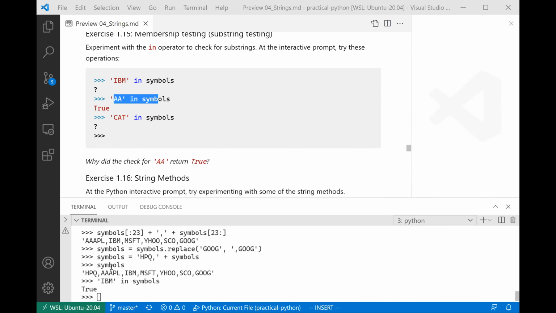Okay, AA is in symbols. That makes sense because there's AA. So here's the letters KAT. Is KAT inside this string? And so hopefully, if you're doing this along, you should go,